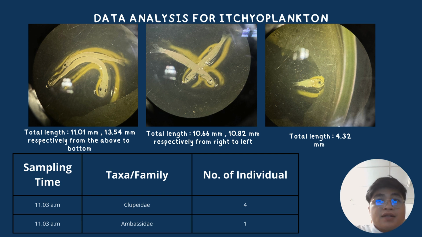So this is the data analysis for Ichthyoplankton. There is a total of 5 individuals that we caught, and there are 2 species categorized in the Clupeidae family and the Engraulidae family. For the Clupeidae family, as we can see from the graph here, the total is 4, and from the Engraulidae family, the total individual that we got is 1, and the sampling time is the same,